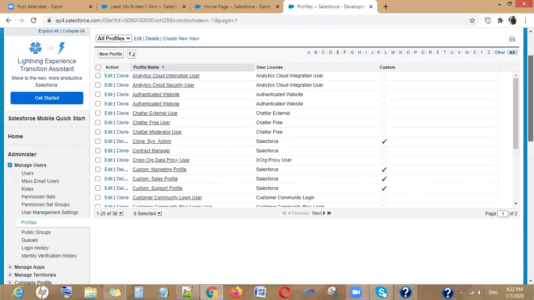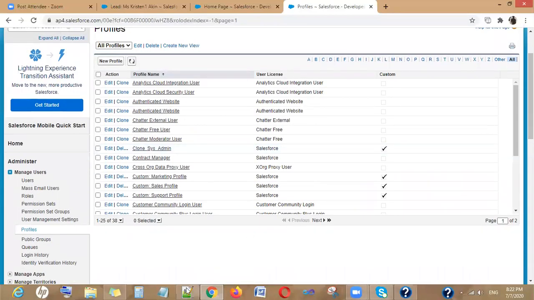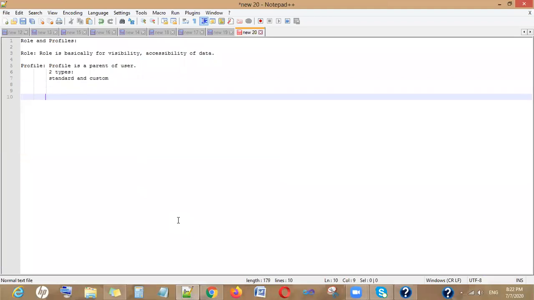Now, users. Anyone who has a valid login ID, I mean username, and password to log in to Salesforce is a user.